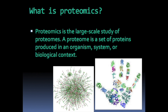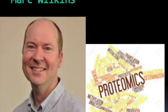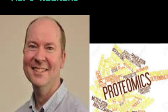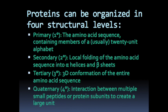The proteome is not constant. It differs from cell to cell and changes over time. The terms proteome and proteomics were coined in the early 1990s by Mark Wilkins in order to mirror the terms genomics and genome. Proteins can be organized in four structural levels: